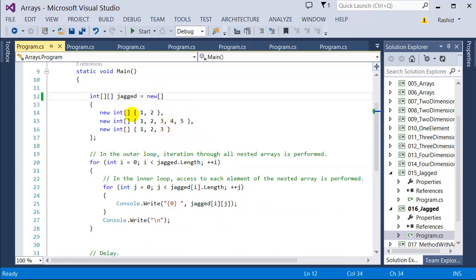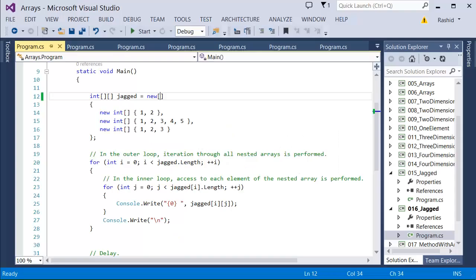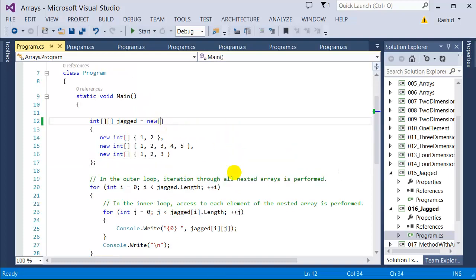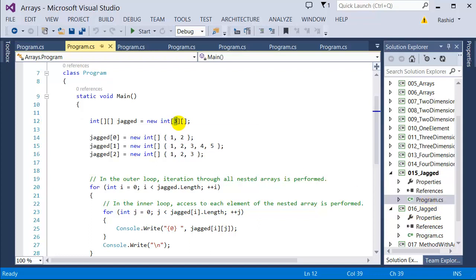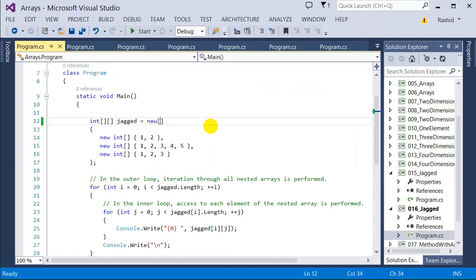Remember, I told you that we have different ways of creating arrays. Let me just go back to our presentation and show you that. Sometimes we can write byte without anything in it. Look at this. We have 3 here. Here we don't have anything. This is the same thing with our array. Let's go back to this array. You can see here we don't have anything, but in the 15th example we have int and 3. So basically that's the only difference between these 2 constructions, but they are all the same and they do the